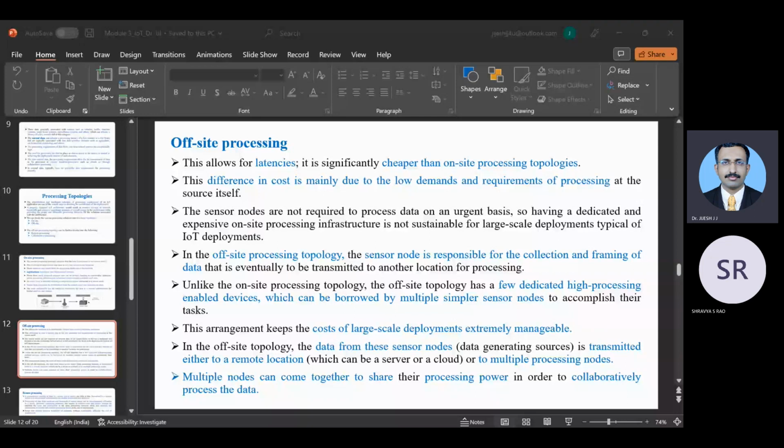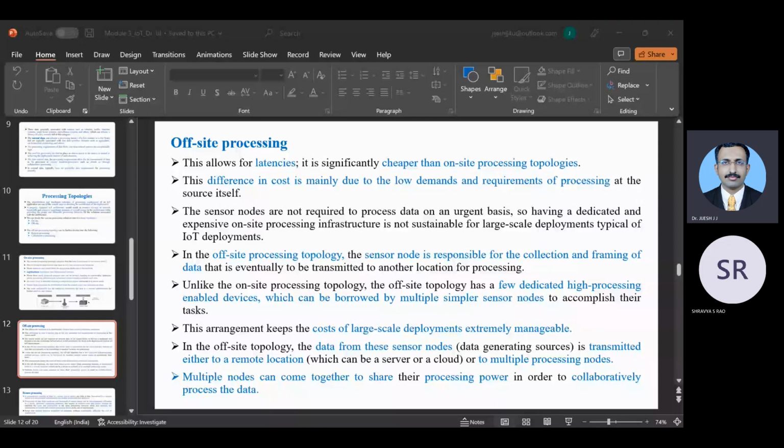Because you are not so much concerned about it. Like when you travel in a flight, you reach very fast, but the cost of traveling is more and the manufacturing cost is more. But if you travel the same distance in a car or a bus, the latency, meaning the time you take to reach there, will be slightly high. But you don't have that much urgency, so you don't go for higher cost, isn't it? That is a very simple thing. The difference in cost is mainly due to the low demand. We don't have that much.